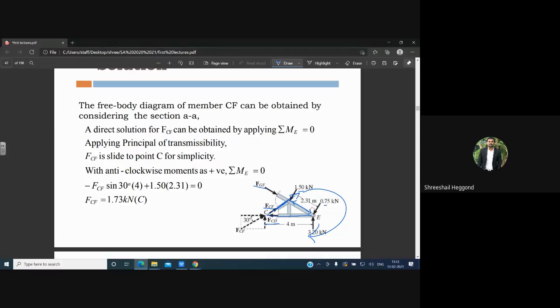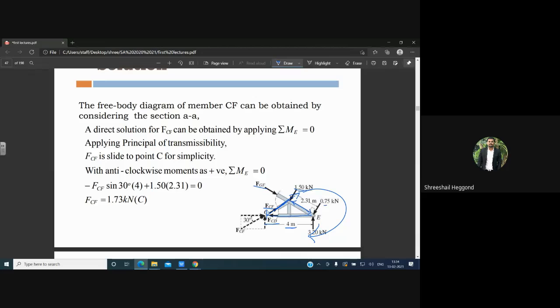Therefore, minus FCF sin 30, sin 30 being the angle of inclination for member FCF, into the distance of 4, plus 1.5, the applied load over here,